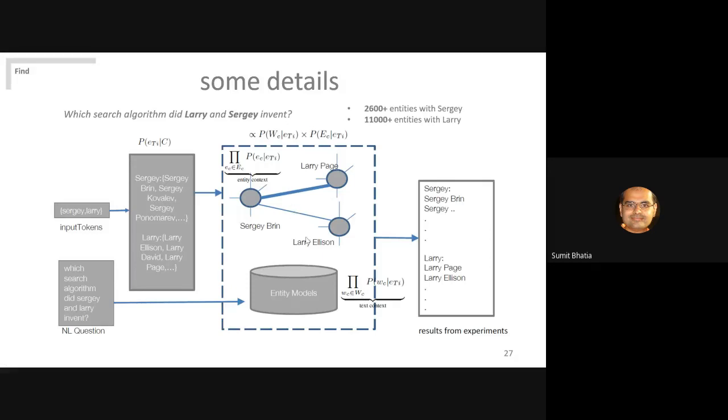So now you have two sources of information. One is from the text of Wikipedia, and one is from the structure of the graph. Essentially, both these things are capturing, given the context present in my input, can I come up with a scoring for individual entities. You compute these two scores and combine them and produce a ranked list. And this is how the output appears. For Sergey, you have a list of different people called Sergey ranked based on their contextual relevance. Likewise for Larry. And the first answer is Sergey Brin and Larry Page. So this is a high-level overview of the approach.